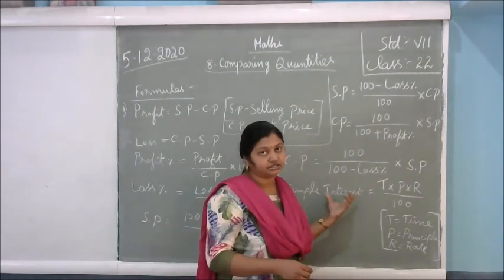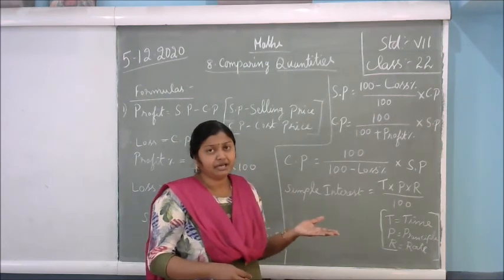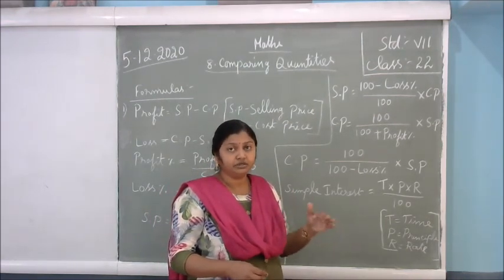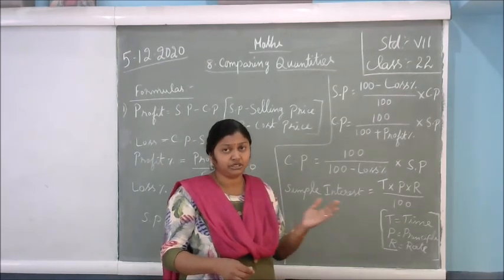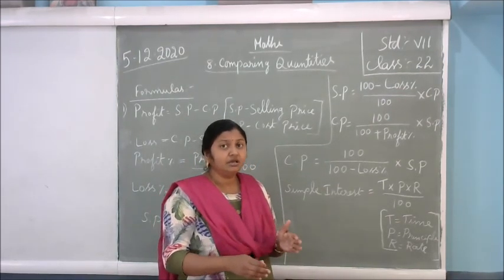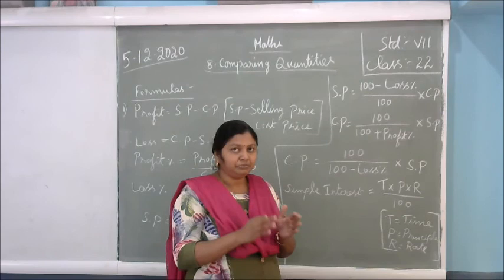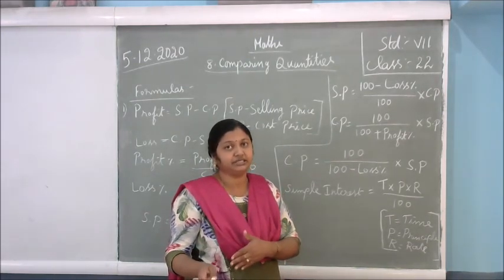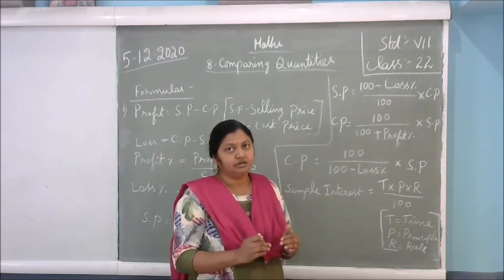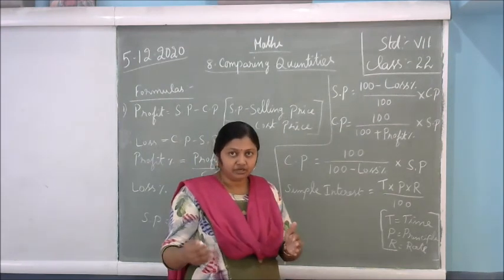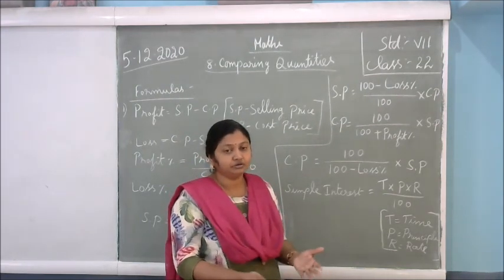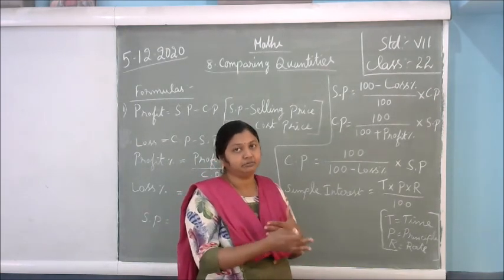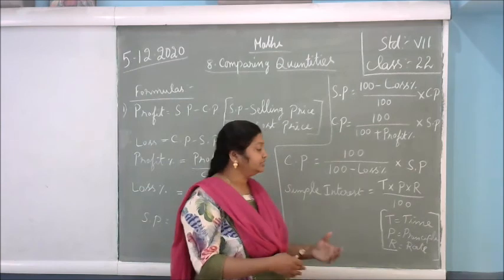What is the interest? You are going to the bank. You need some money, 10,000. You are going to the bank and applying for the loan. They are giving you 10,000. After a particular year or month, you have to pay after 1 year. You have to pay this 10,000 with the interest. You are getting 10,000 and you can't give back only 10,000. No, if you are giving, they won't accept. With the interest only you have to pay that money. That interest is called a simple interest.